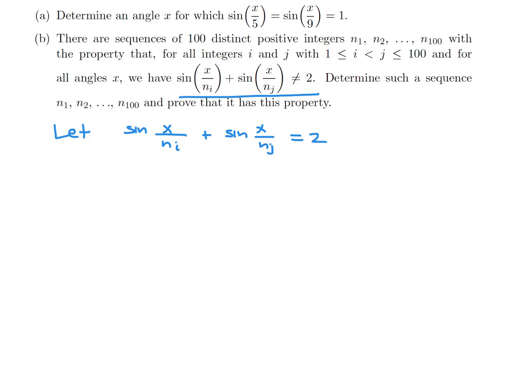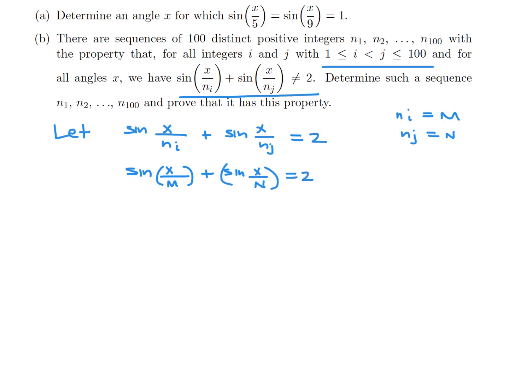And this ni and nj, they vary, right? So we'll just call them m and n because they're going to vary based on the fact that i and j can be different numbers. So we'll just say this is sine of x over m, and we have the sine of x over n,